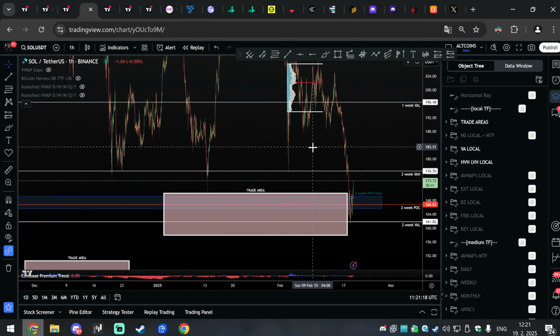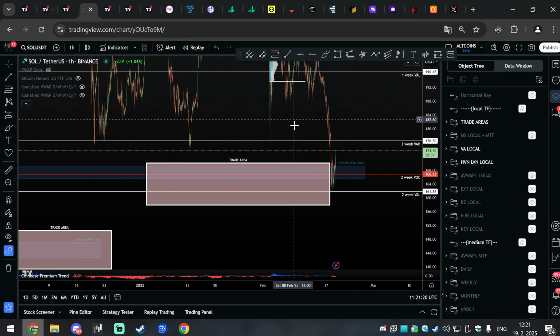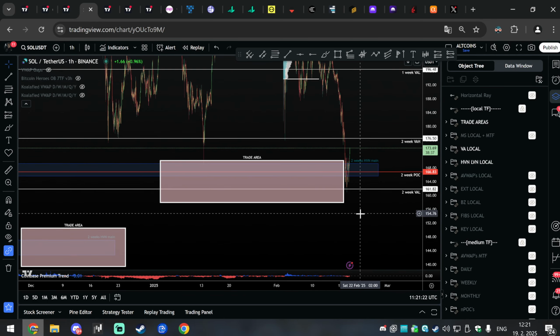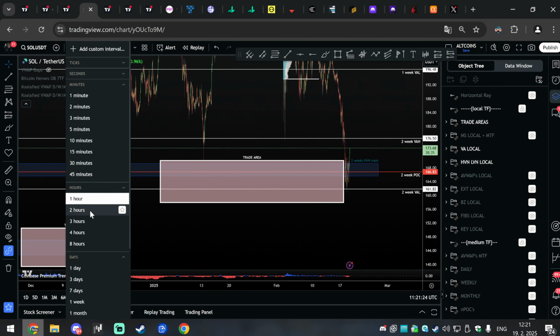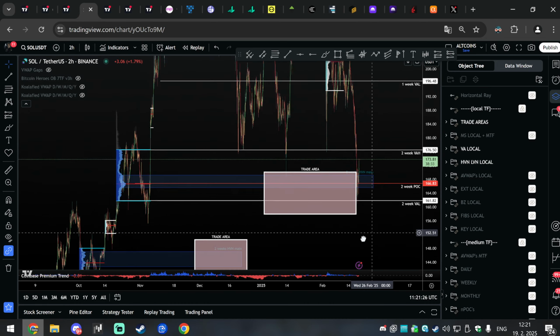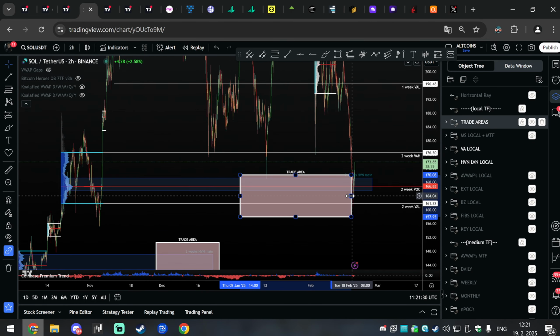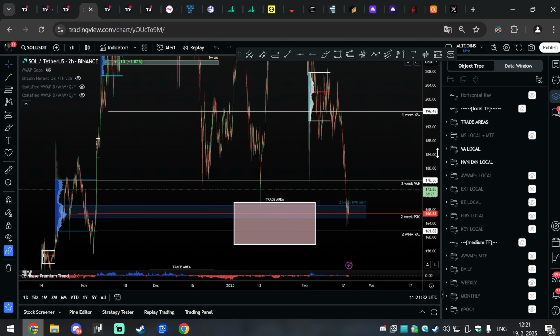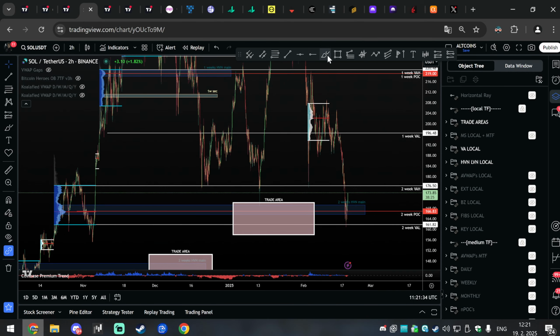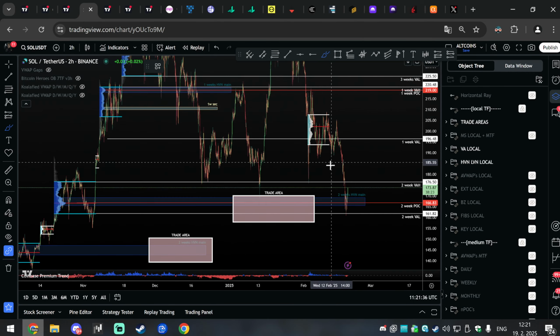I can show you why. Though this is going to be my tip, still this trade area is valid and is now playing out. We can go to the 2 hour time frame. Why was this marked as a trade area? For me, it's pretty simple. AMT here, it's a high volume node. Look at that. So extreme. Solana is extremely technical, very much like Bitcoin in early days, when you really need AMT and only a few things. You were just 2 weeks ranging here, but look at that respect.